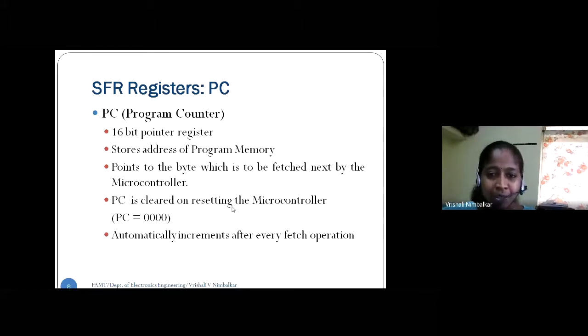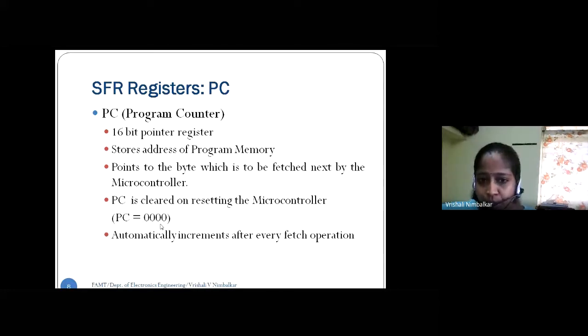The same thing applies to the microcontroller also. Whatever you have designed, if the microcontroller is performing some indefinite loop which you do not want, or it has hung up, it is doing something but not processing the data. These are the instances where we reset the controller, and we want the microcontroller to start executing the program from the first line, from the beginning of the program. Correct? This is what we want to do. It indicates that when we reset the microcontroller, the program counter gets loaded with 0000 hex.